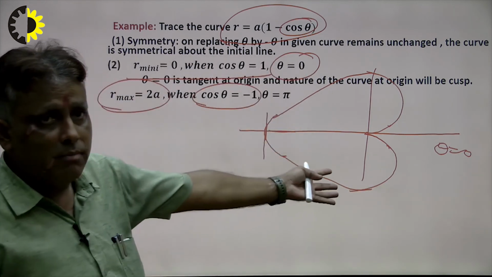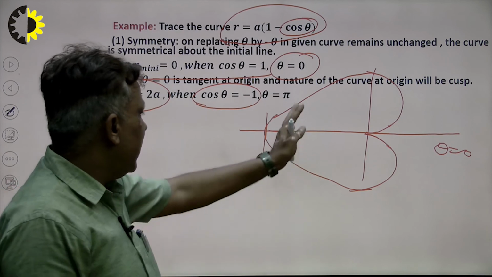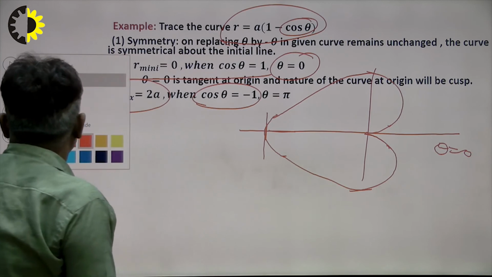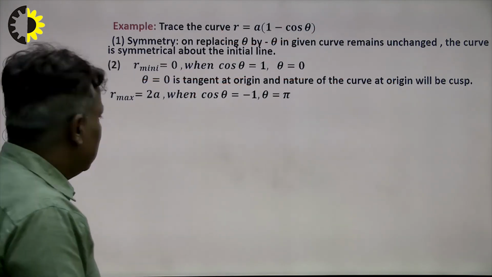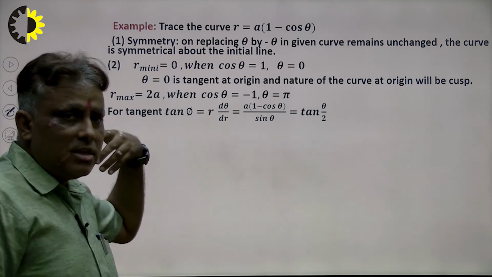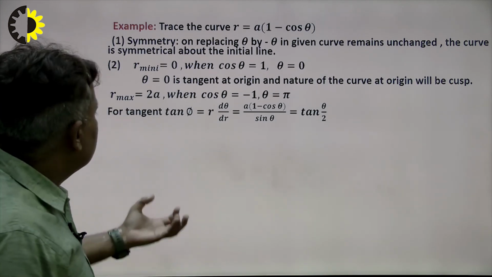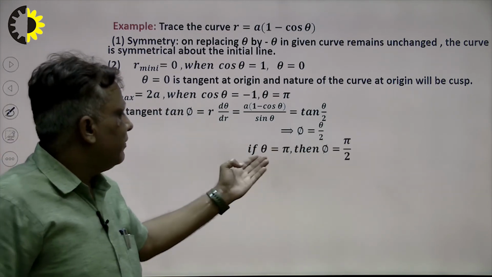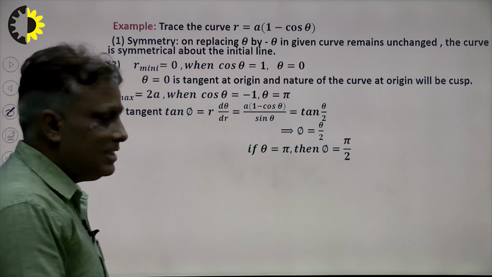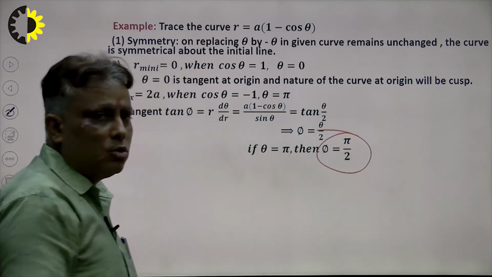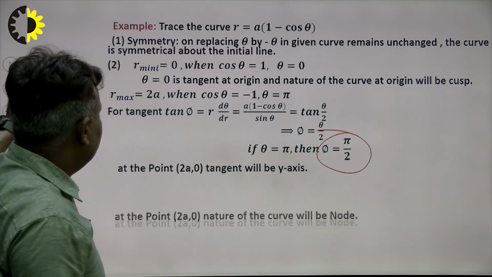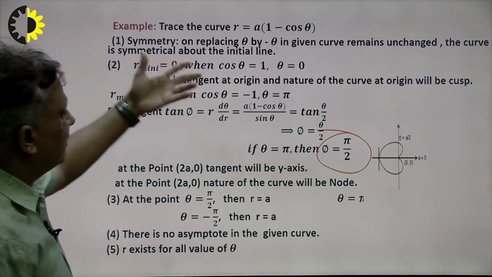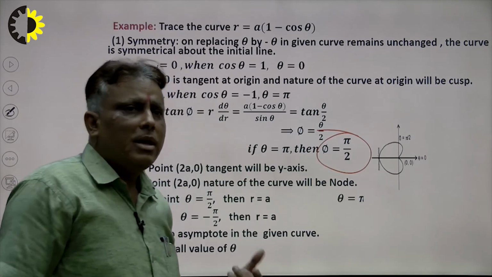So in this way we can find out our problem. This is the same problem as the previous, but one change is this exists on the left side and the previous exists on the right hand side. So in this way we can do the tracing with the help of only two curves, right? And all things are required, that means verification that our calculation is right or not. If theta is equal to pi, phi is equal to pi by 2. That means the tangent will be perpendicular to theta is equal to pi. Now the question is what will be the asymptote, and there is no asymptote in the polar form. I write here, and this will be the final curve. In this way we can find out our problem in the polar form.